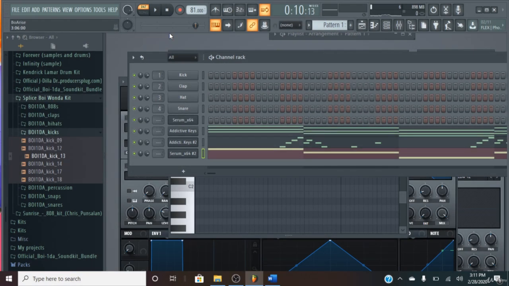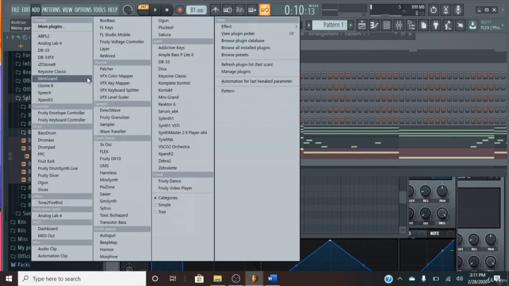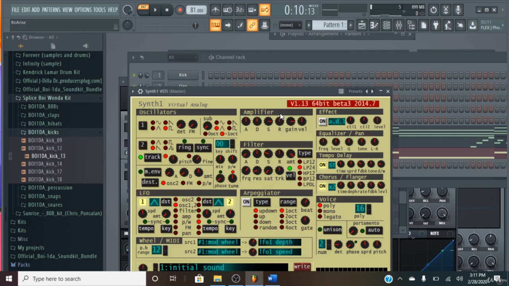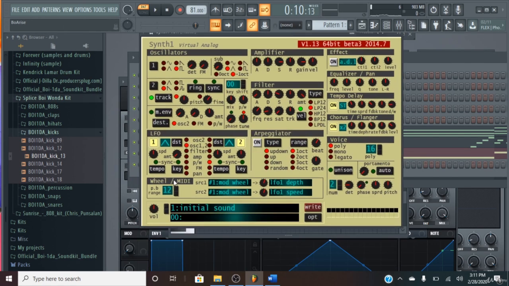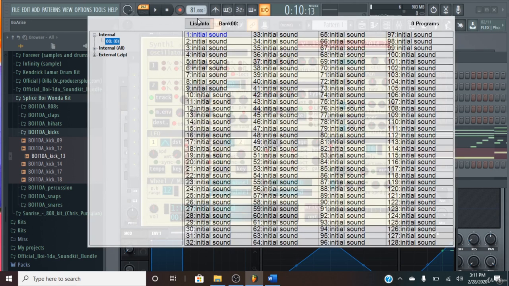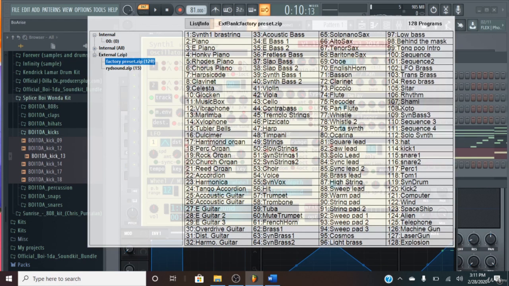Welcome back, y'all. Let's add a synth to this bad boy. I'm gonna add synth 1, right? Okay. We're going to go to external, right? Synth, square lead,